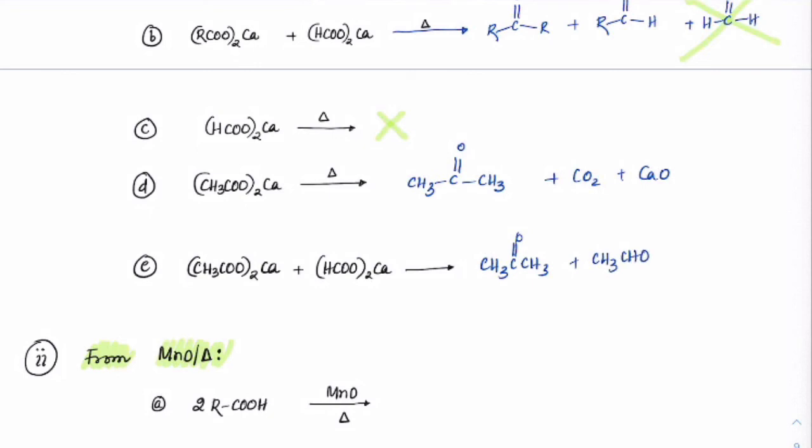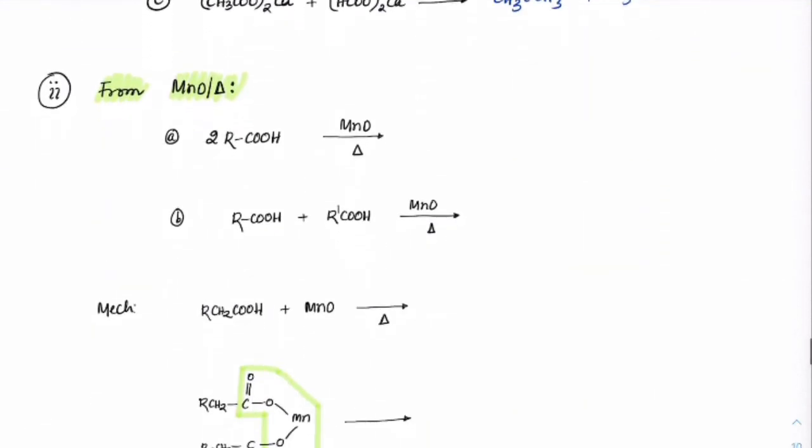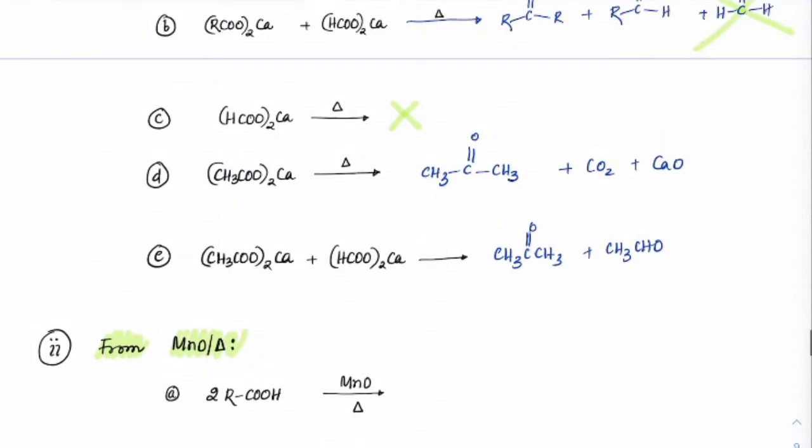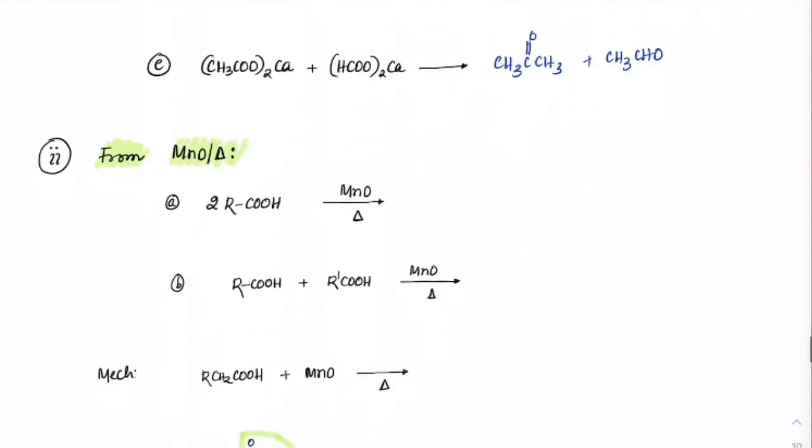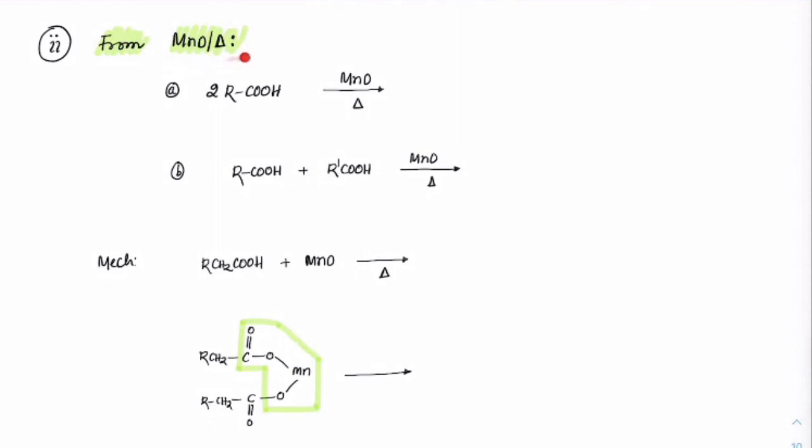Just like how the dry distillation takes place, now we can do the reaction with MnO in ether. Anyone has a doubt on that? So we can do the reaction with MnO and heat. How does this reaction work here? Just like how we have written the product above, like a salt formation, here also we have to write the same way. We'll get R C double bond O R plus CO2 and H2O. That MnO will come out as MnO only. I'll show you how the mechanism works. First, let me write the products.